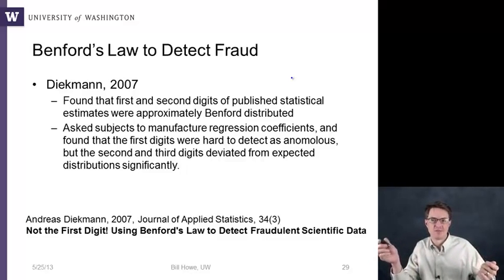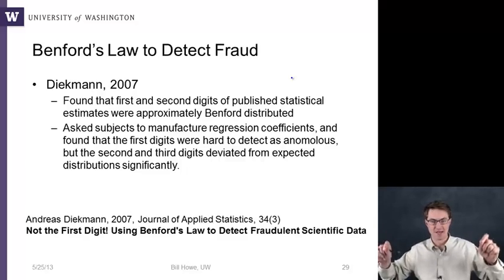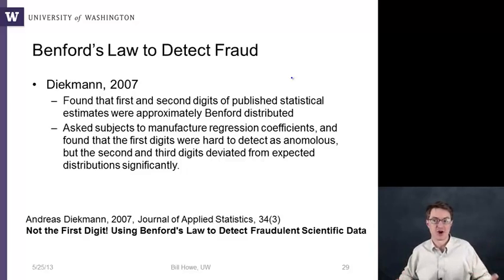And so this was an experiment done by Diekmann in 2007 to see if this could be used for detecting scientific fraud. And so what he found was that first and second digits of published statistical estimates were approximately Benford distributed in real studies. Okay, or at the very least, they had kind of a monotonically decreasing distribution. So more 1s than 2s, and more 2s than 3s, and so on, if not exactly Benford's Law. And then what he did was ask subjects to manufacture regression coefficients, basically fitting a line manually, and found that the first digits were actually hard to detect as anomalous, but that the second and third digits deviated from expected